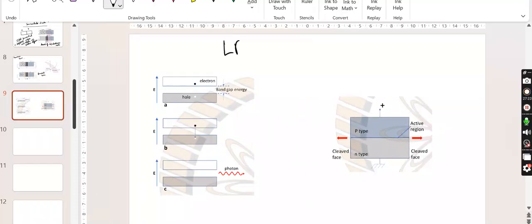So we first discuss the LED. Diodes produce either conventional light or laser light. Laser is a very dense coherent light, basically. So we need to know that a photon should be emitted. In conventional light also, like the LED, the light emitting diode,